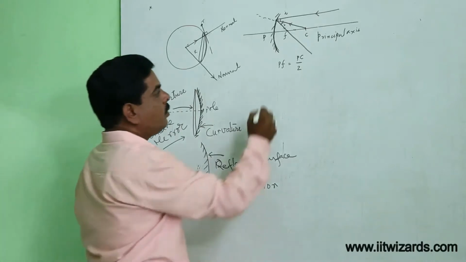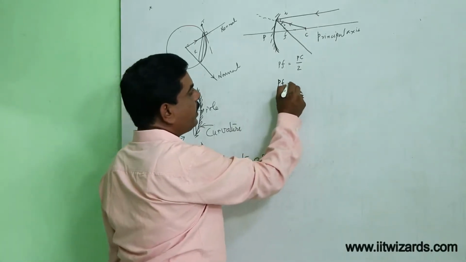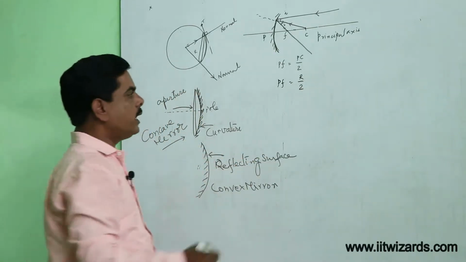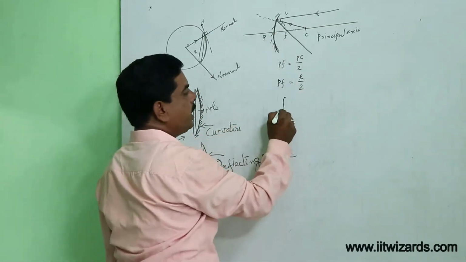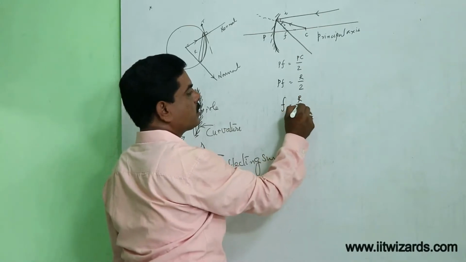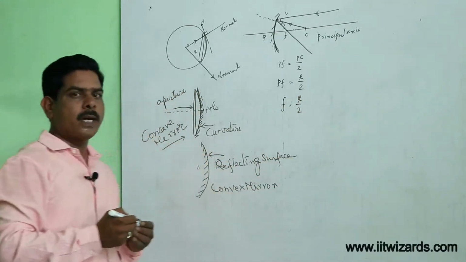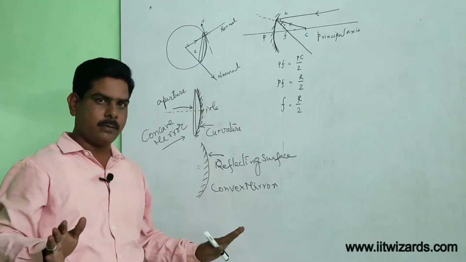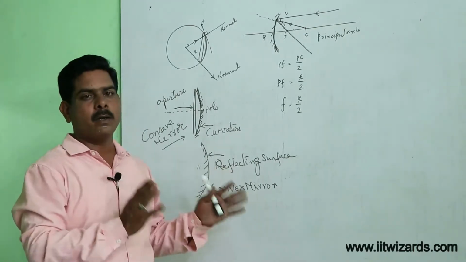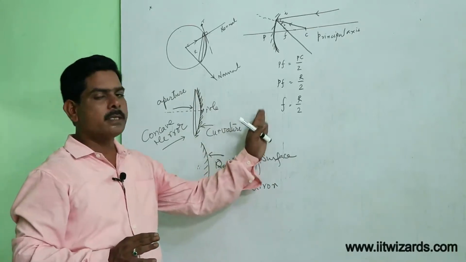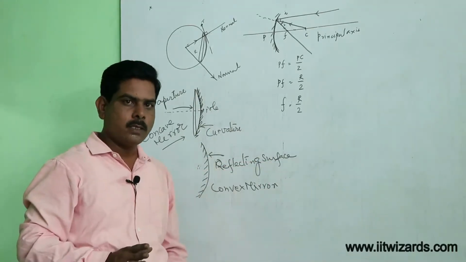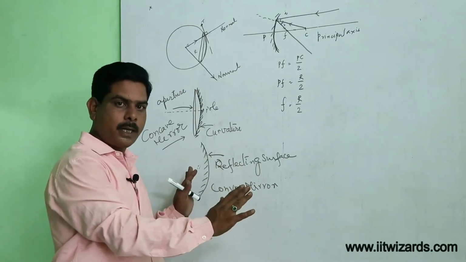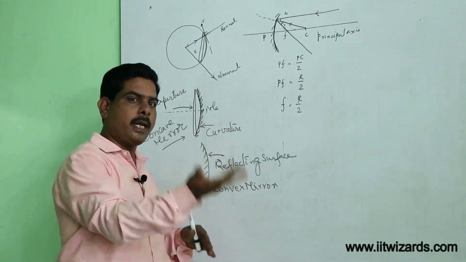That means PF is exactly half the radius of curvature. So this distance PF I call the focus. The focus for a concave mirror or a convex mirror or any mirror that is a part of a sphere is always half the radius. With this, you are acquainted with all basic nomenclature of mirrors. Then next we will do